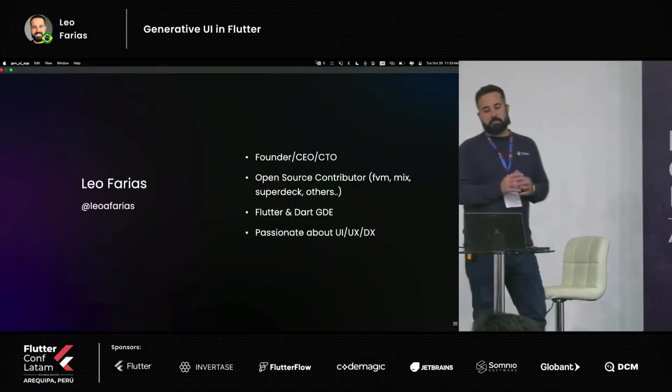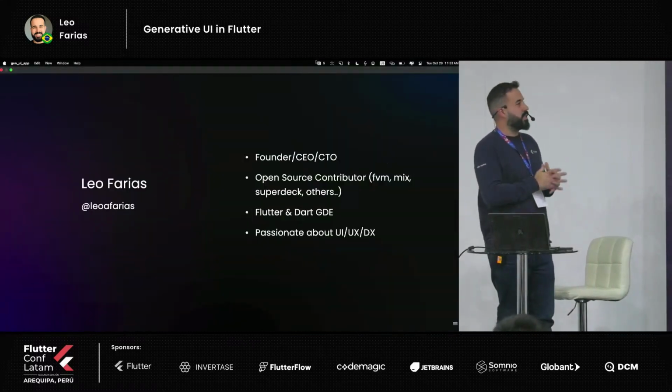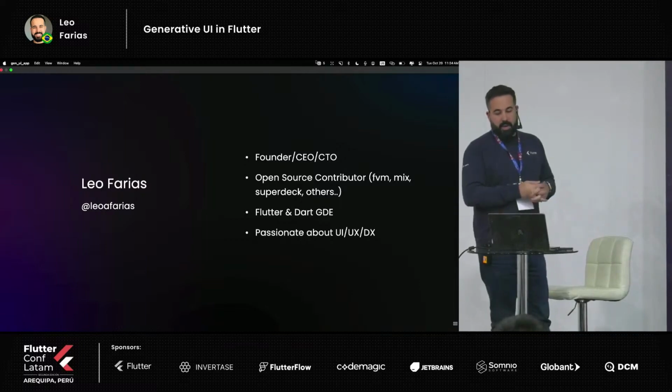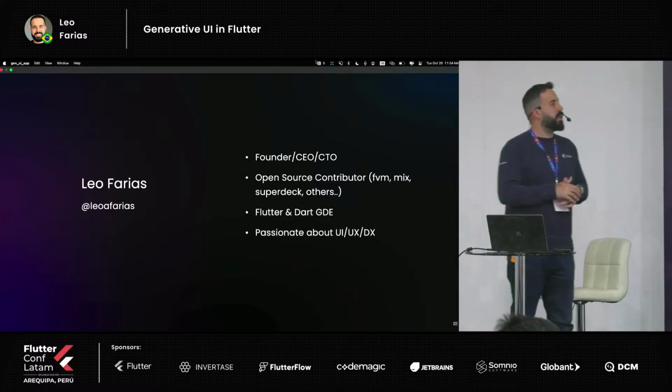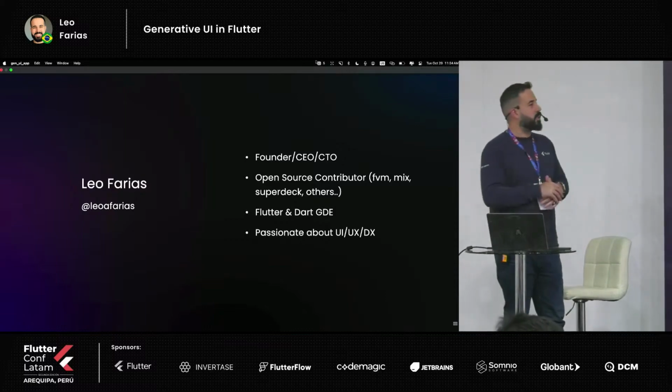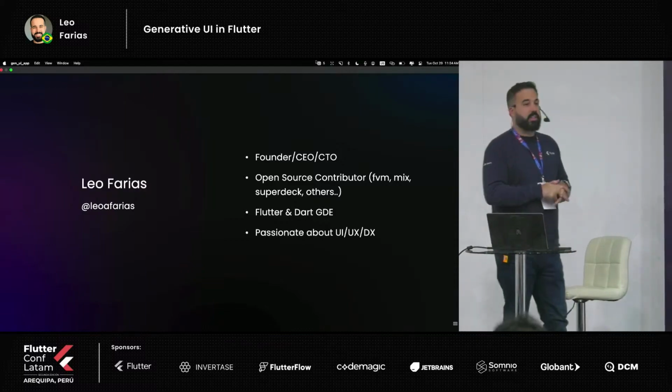I'm a founder, CEO, CTO of Concepta. That's a technology company in the United States. I'm an open source contributor. Some packages are FVM, Mix, SuperDAC, and there's some other projects there also. I'm also a Flutter and Dart GDE,